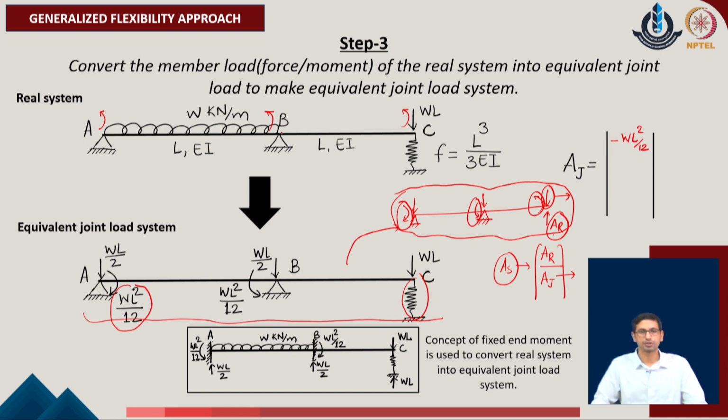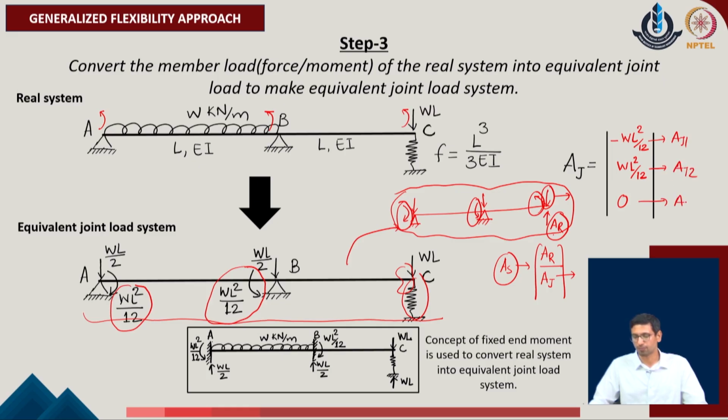The second one, which is rotation with respect to theta b, and I consider that the direction of the moment here is also in the same direction. So, it comes out as WL square upon 12 for the given problem. Then finally, theta c, which is rotation at the point C, but corresponding to that we do not have any force or any active moment there. So, I will consider that this A of j component is 0 in the given problem. So, these are the three values of A of j 1, A of j 2 and A of j 3 in the given problem.